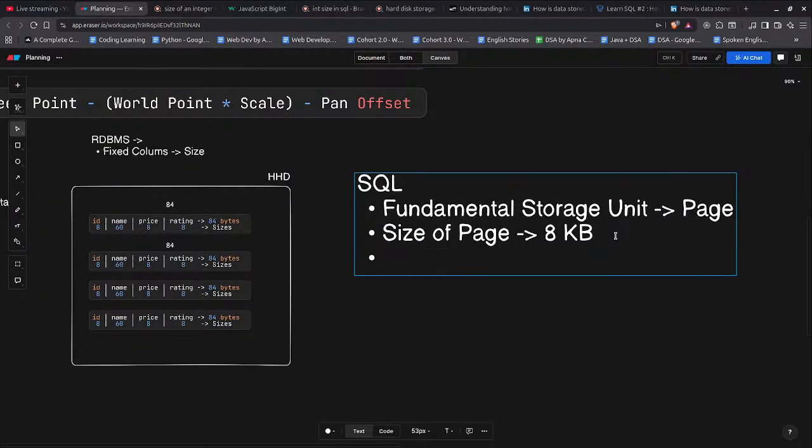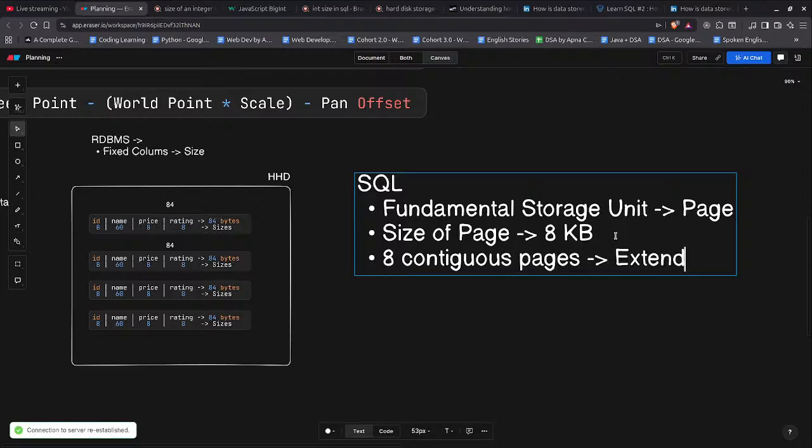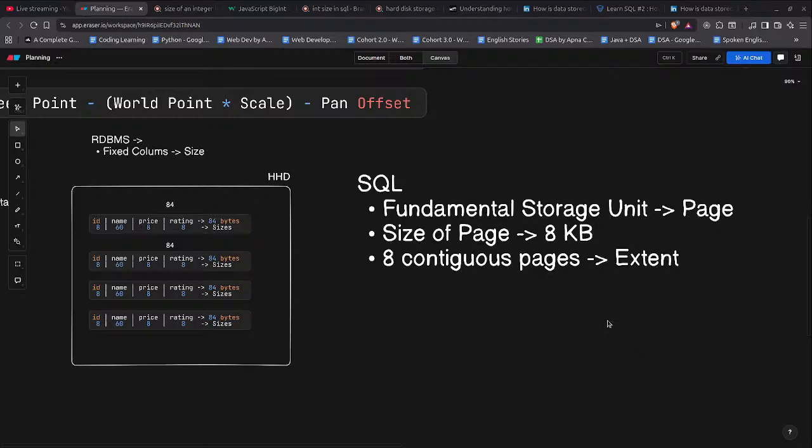Then there is something called 8 contiguous pages, that's going to be making an extent. So this is how it simply goes on. And going ahead to the next section,